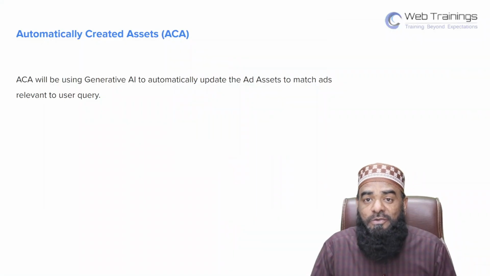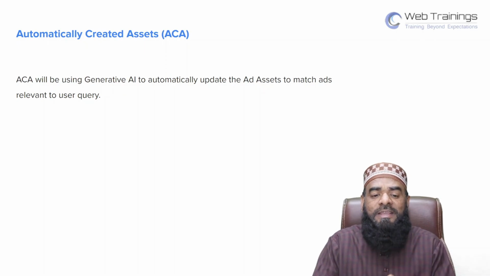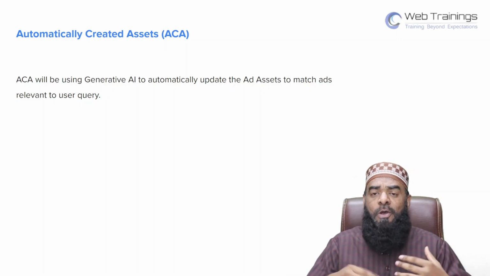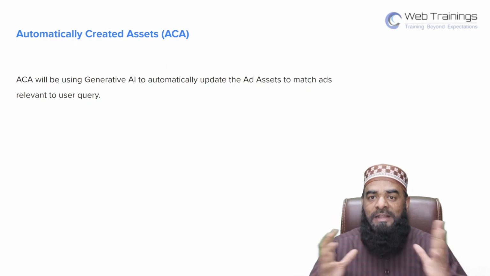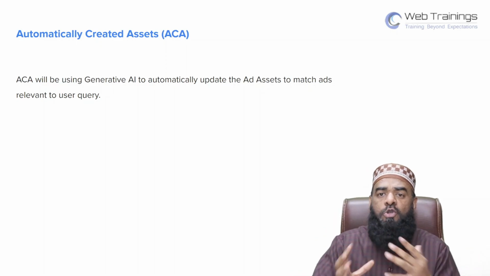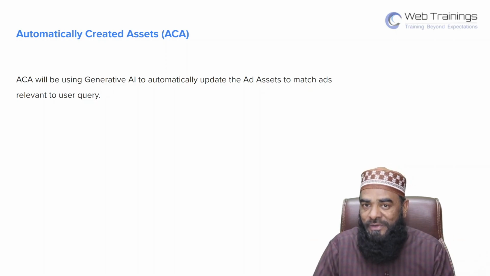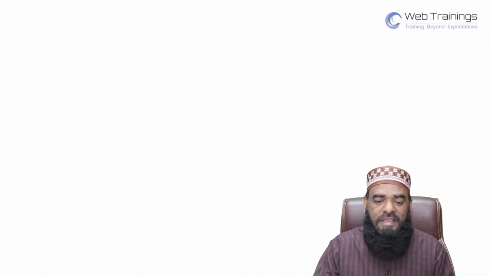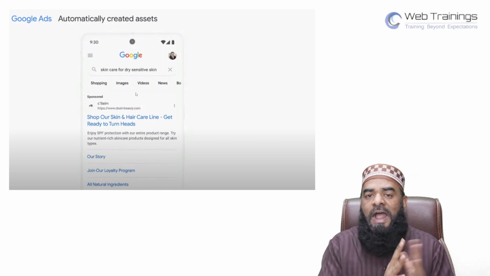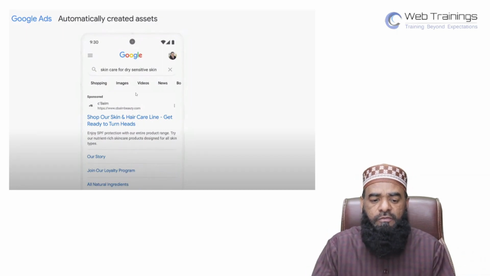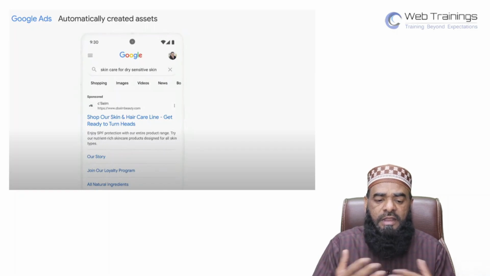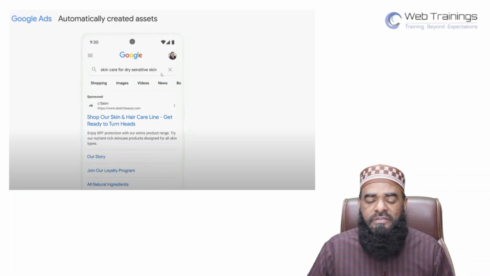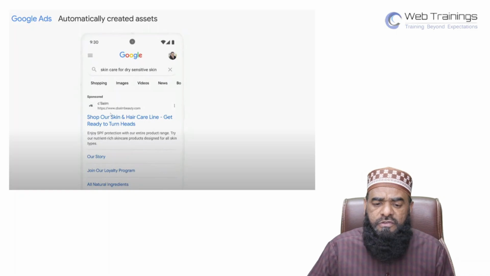Next, Google will be introducing automatically created assets, or ACA. The idea of ACA is that your ad assets, your title or headlines, will automatically change based on the user query. This is actually very effective for increasing the CTR. Now let's see what this is exactly. This is how the ad will generally show. Let's say my ad is a default one, a shop of a skincare line, and get ready to turn heads. This is the default line. And the user query was skincare for dry sensitive skin. Now, based on the data in the headlines, Google has fetched